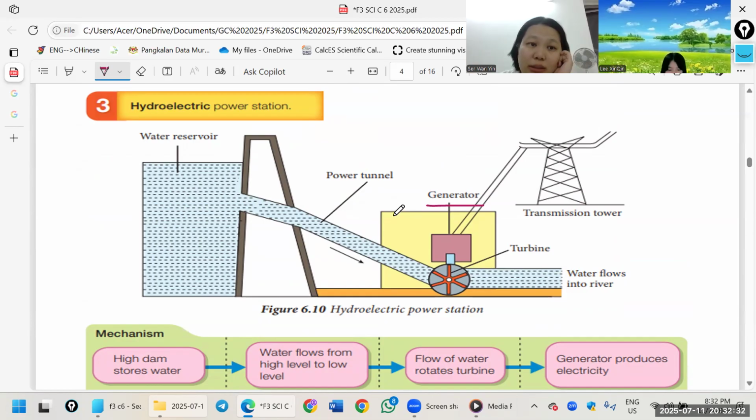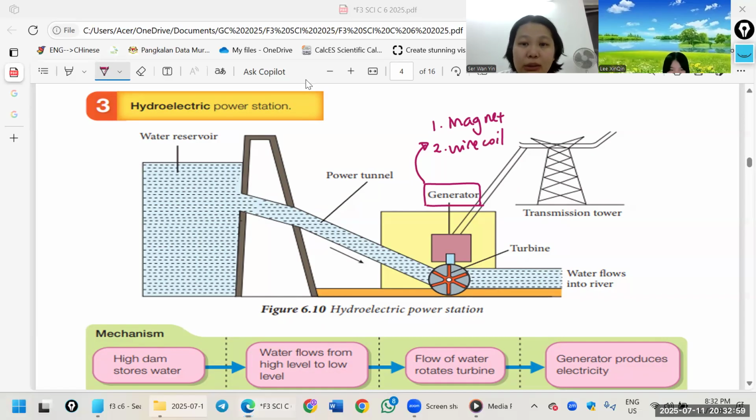Okay, so this is the water reservoir. The water flows down through the turbine. So inside the generator there is, right, Xing Xing, what is inside the generator? Magnet and wire coil. Then we use a turbine to keep turning the magnet so that